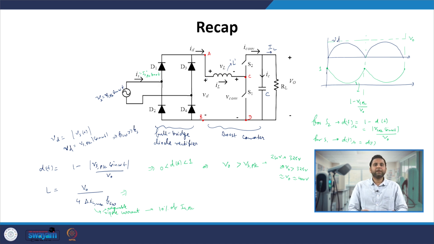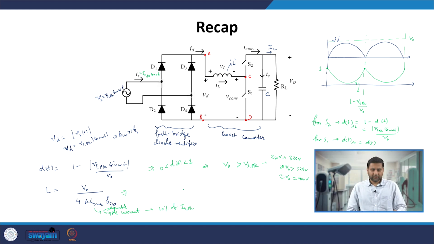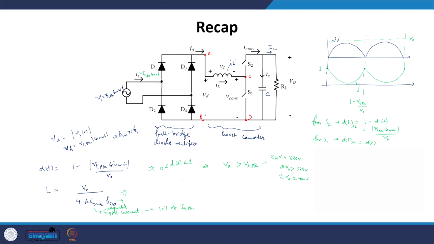So using that we can easily evaluate our Is peak value, and we know this could be the maximum current which is there in the circuit, and accordingly we can define our allowable current ripple. Also, if you see, the inductance value depends upon the switching frequency of S1 and S2. If this switching frequency goes up, then the value of the inductor required will go down for the same allowable ripple current. So this is the condition we got when we derived this inductance value.